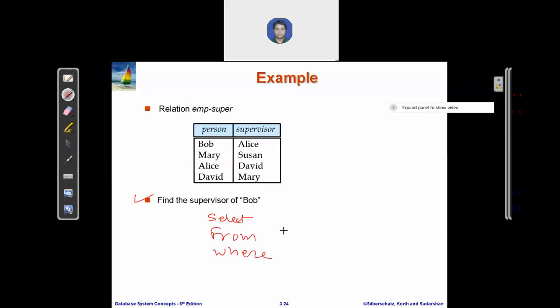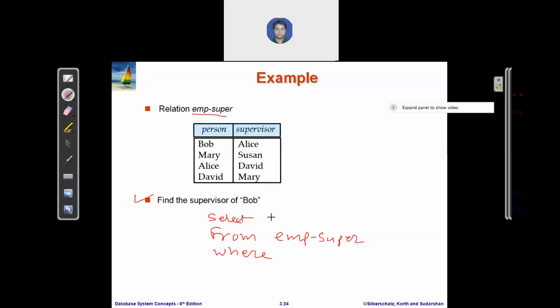From which table are you passing the SQL? It is emp-super. This is the input table. The condition is, find the supervisor of Bob. So what will you write?